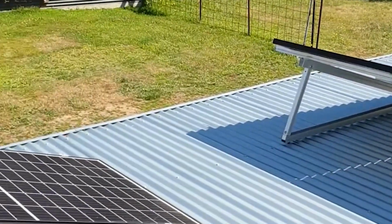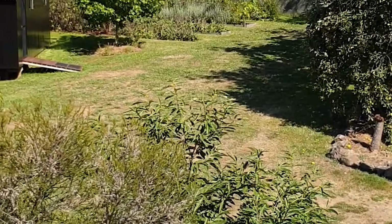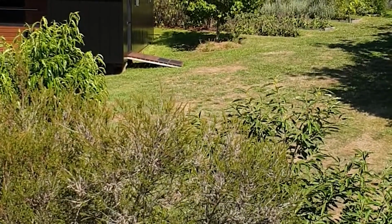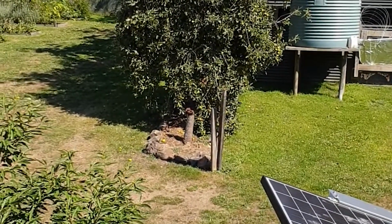Rainwater, more orchards, and our lab, solar powered lab, 100% off grid, powered by the sun, powered by nature, hydrated by nature. No chlorinators here,